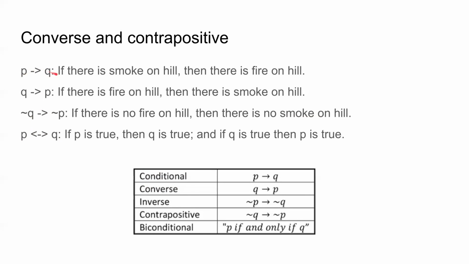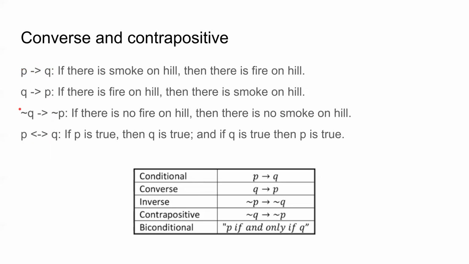Whenever P is true, then Q is true. When Q is true, we cannot say that P has to be true because this vyapti is only one-sided, but this vyapti is both-sided. So this is the difference, and the important point is first and third are always equivalent